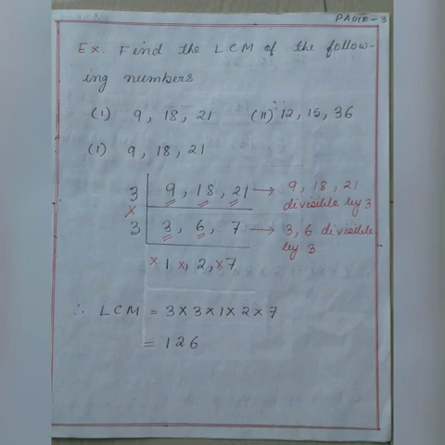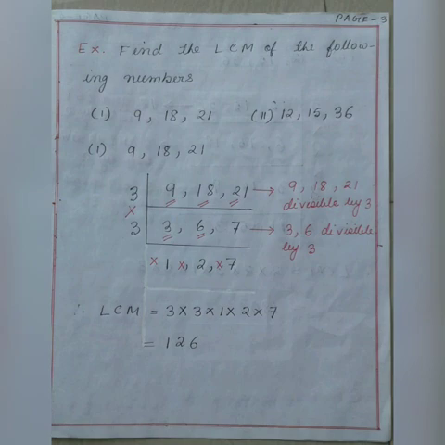So in my second row, I got 3, 6 and 7. Now, two numbers, that is 3 and 6, are divisible by 3. 7 is not divisible by 3. So I shall write 3 as divisor. If I divide 3 by 3, I get quotient 1. I have written it in the last row. If I divide 6 by 3, I get 2. If I divide 7 by 3, it is not divisible, so I shall write 7.